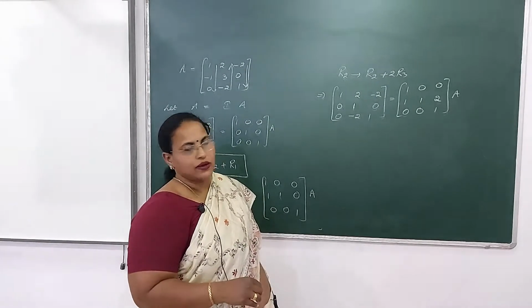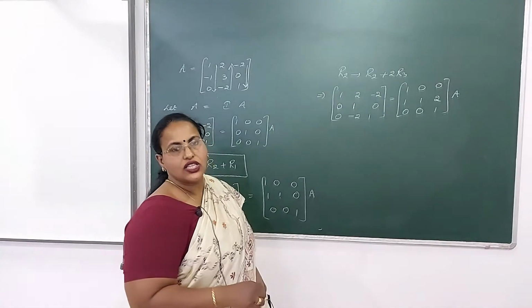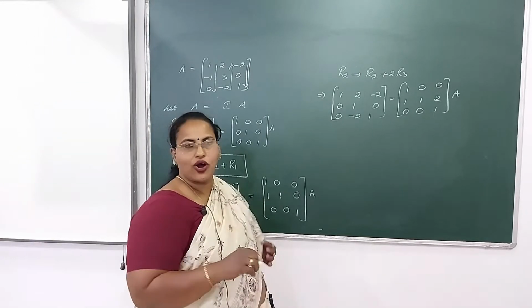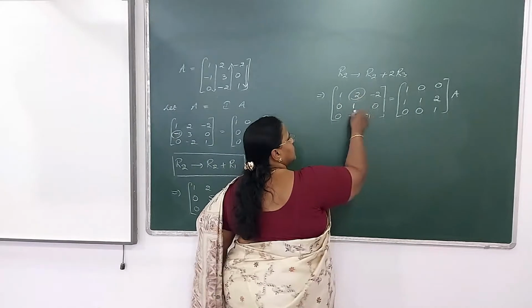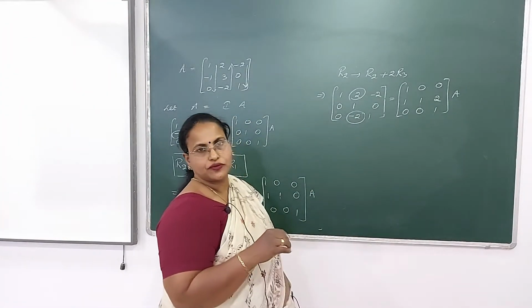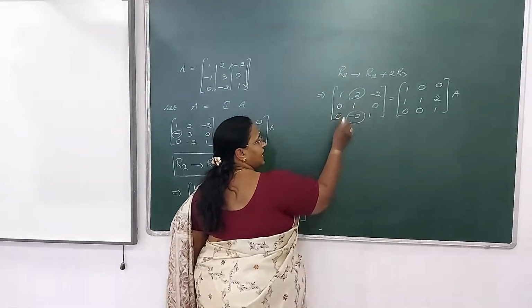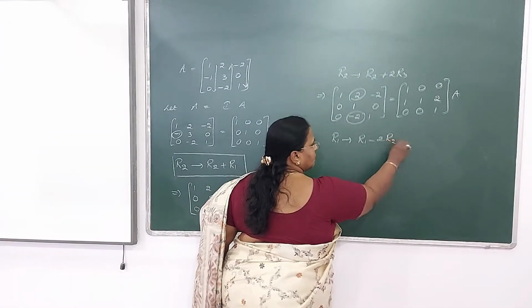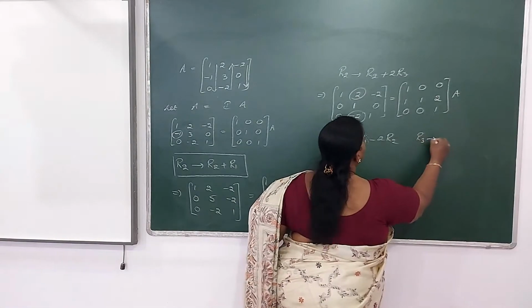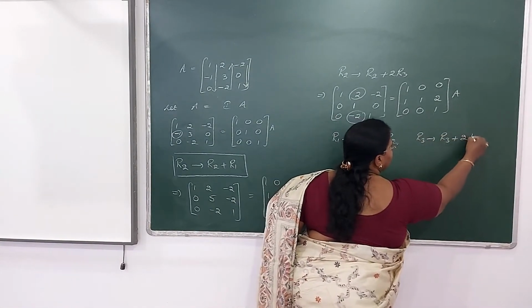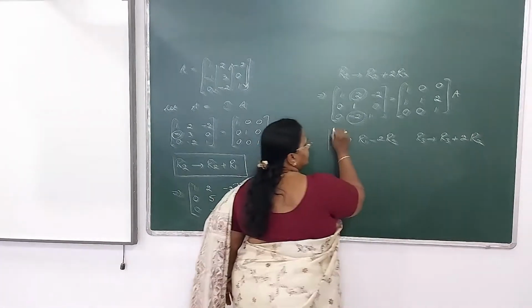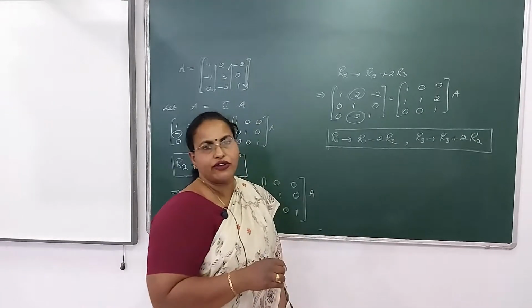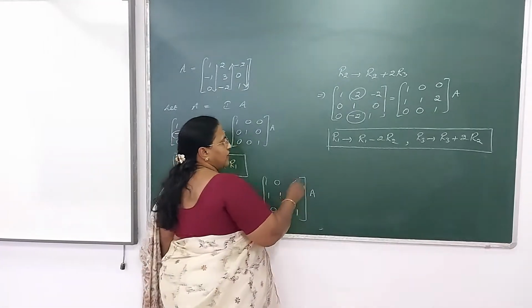Now what is the next step? We have made the diagonal element 1. Now the step will be to make the non-diagonal element 0 of that particular column. So this position and this position we want 0. So we'll take the help of the diagonal element. So R1 replaced by R1 minus 2 times R2. R3 replaced by R3 plus 2 times R2. So understand this step, the non-diagonal elements can be made 0 with the help of diagonal elements. Okay, we'll go for this.